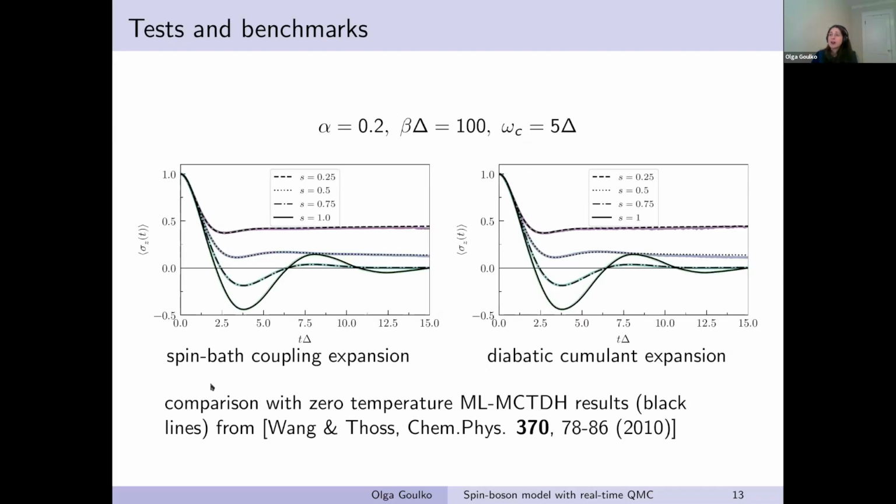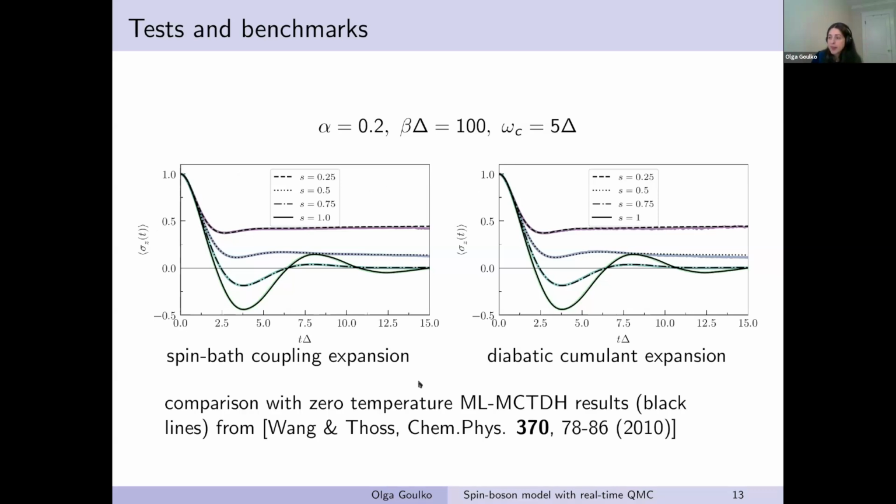So let me move towards showing you some results. But beforehand, I want to show you just one benchmark, really. So we tested our code extensively in different setups. The observable that we're interested in computing is the non-equilibrium population difference, so sigma z of t, the difference between the occupation of the two states in the two-level system. And again, in all of the examples I'm going to show you, there's no bias, so epsilon is 0, and the initial condition is that we hold our system in one of the two states